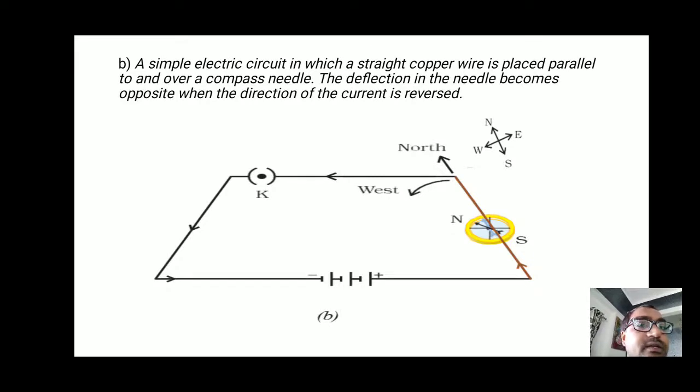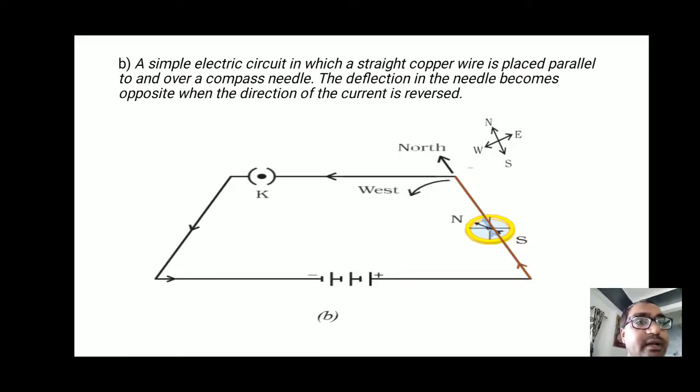Now when you switch on the circuit, current can flow from the positive terminal to the negative terminal of the battery. Here we keep the compass in the north direction, same as in the first case. But here we have changed the direction of the battery. Earlier the positive was on the left hand side. Now the positive terminal is on the right hand side. So the compass needle deflects towards the west side.